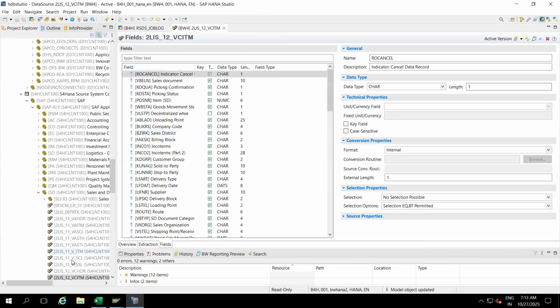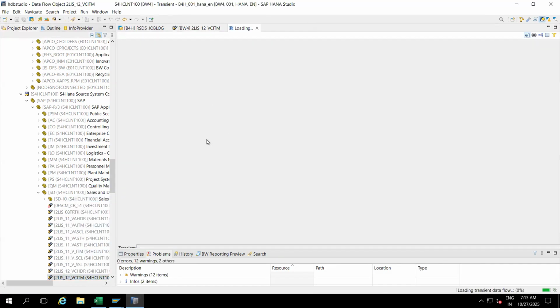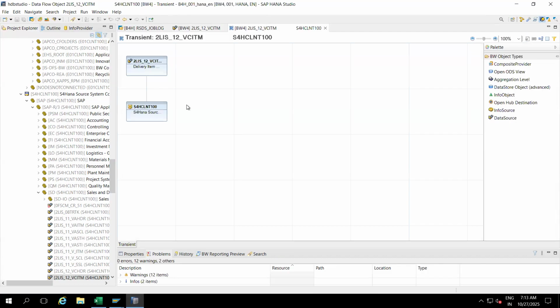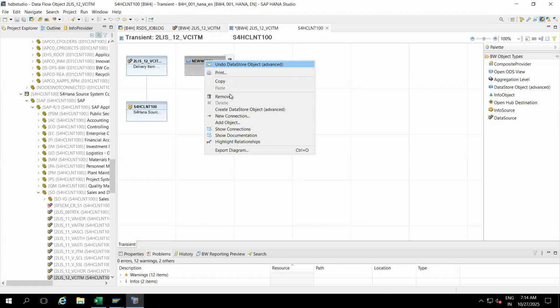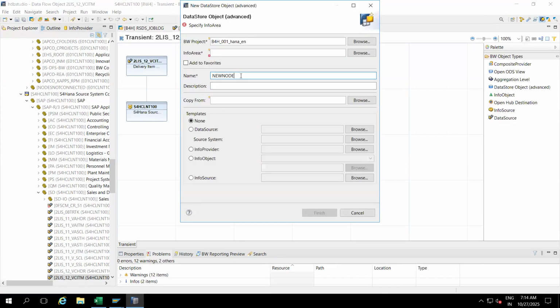Now right click and go to data flow. I'm going to explore the data flow. So I'm here, and what I will do is simply drag and drop my ADSO. I'm going to create an ADSO. So what is my data source name? Based on your structure, based on your architecture, you need to give the data source name. For example,